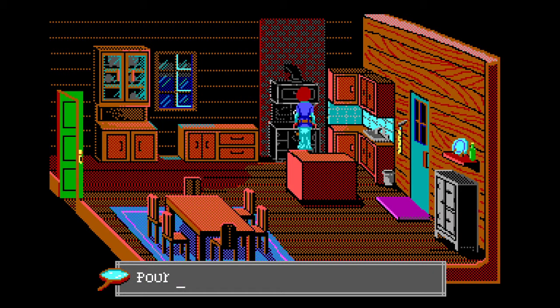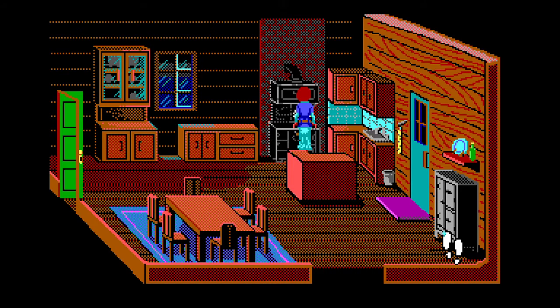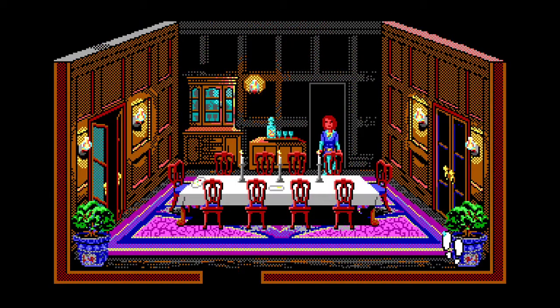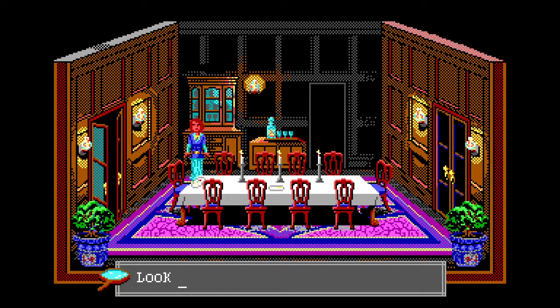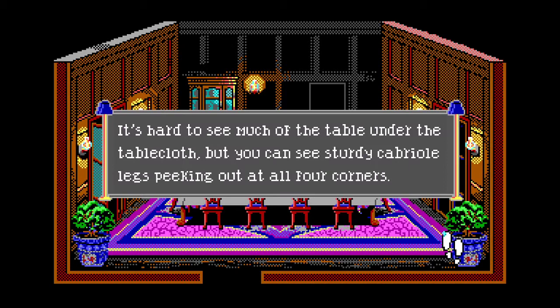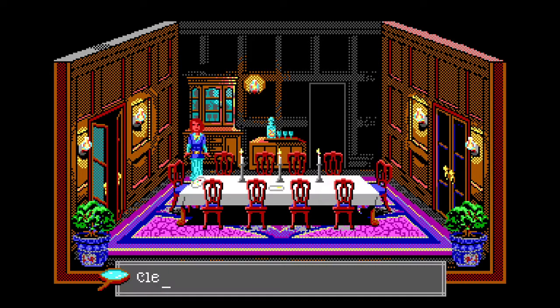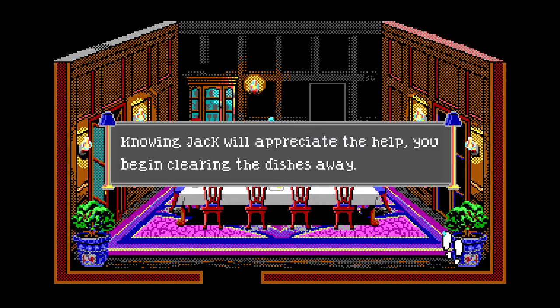Pour kettle and mug. You aren't thirsty. I was gonna deliver it to what's his name? Oh, he's gone. Book table. Clear table.